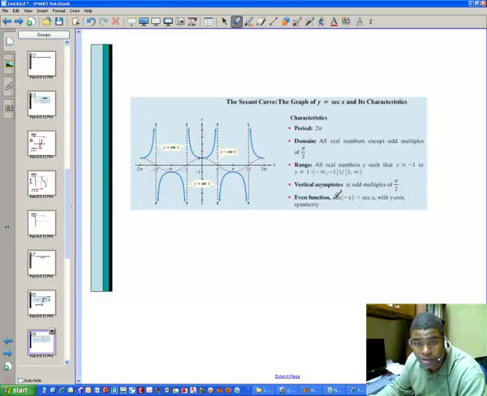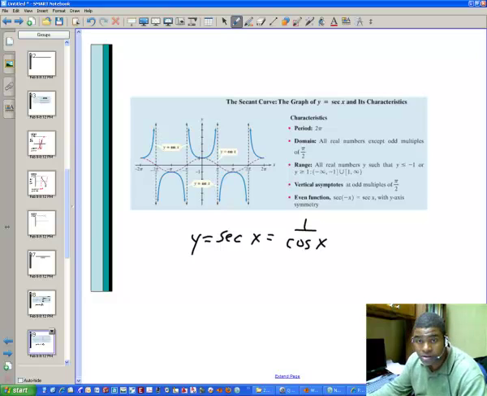The secant function, we take a look at y is equal to the secant of x. It's the reciprocal of the cosine, so it's the same as 1 over the cosine of x. The period will be 2 pi. The domain will be all reals except odd multiples of pi over 2, again because it actually does not exist